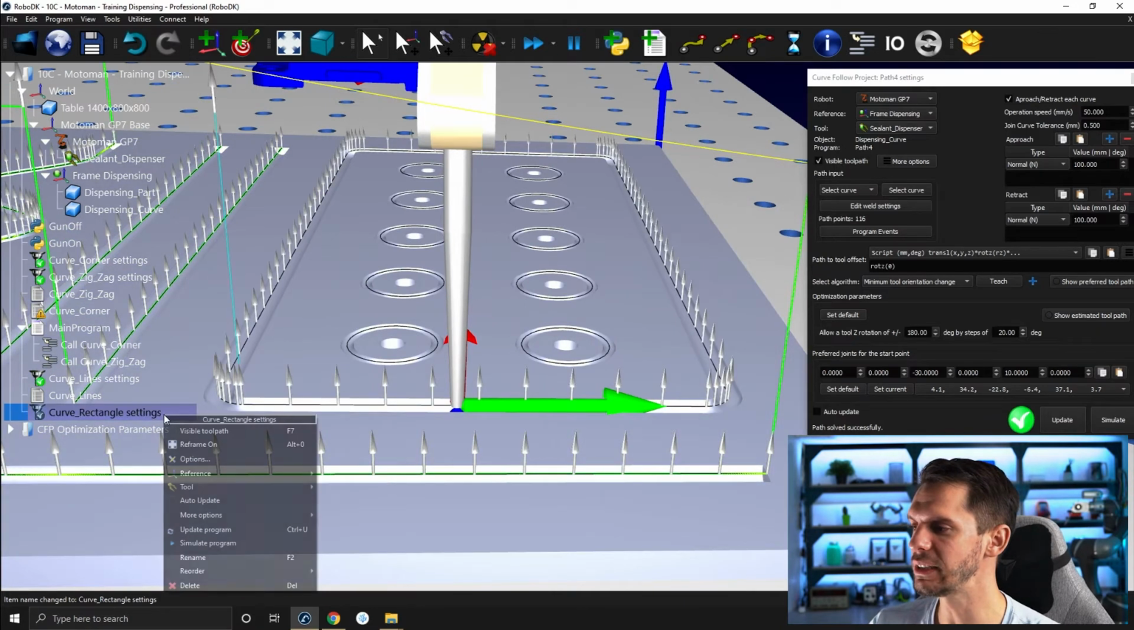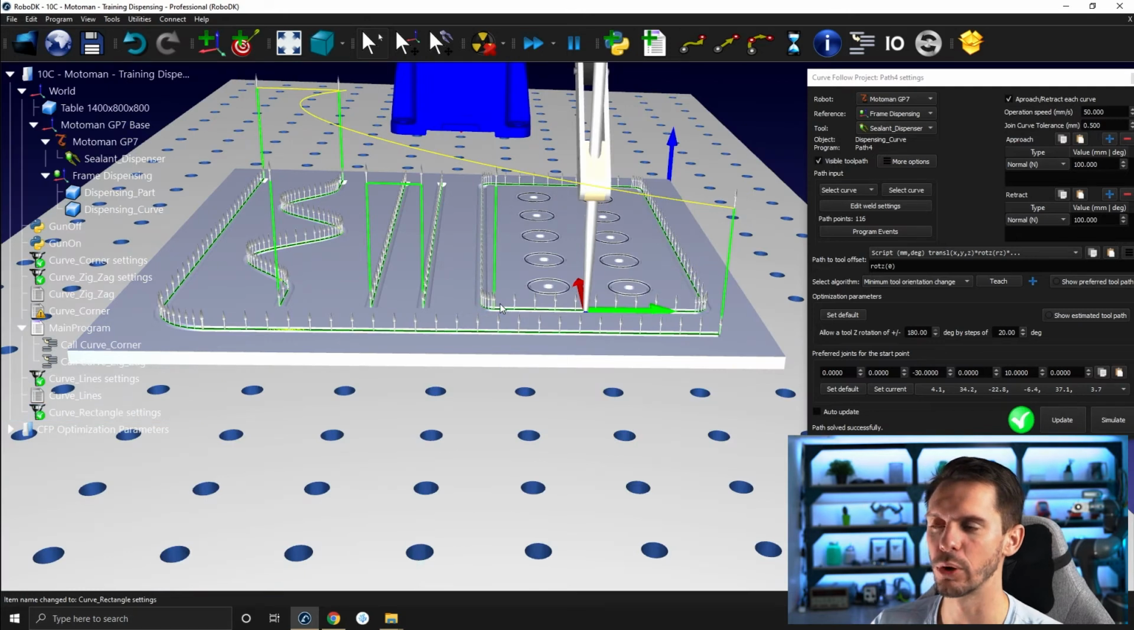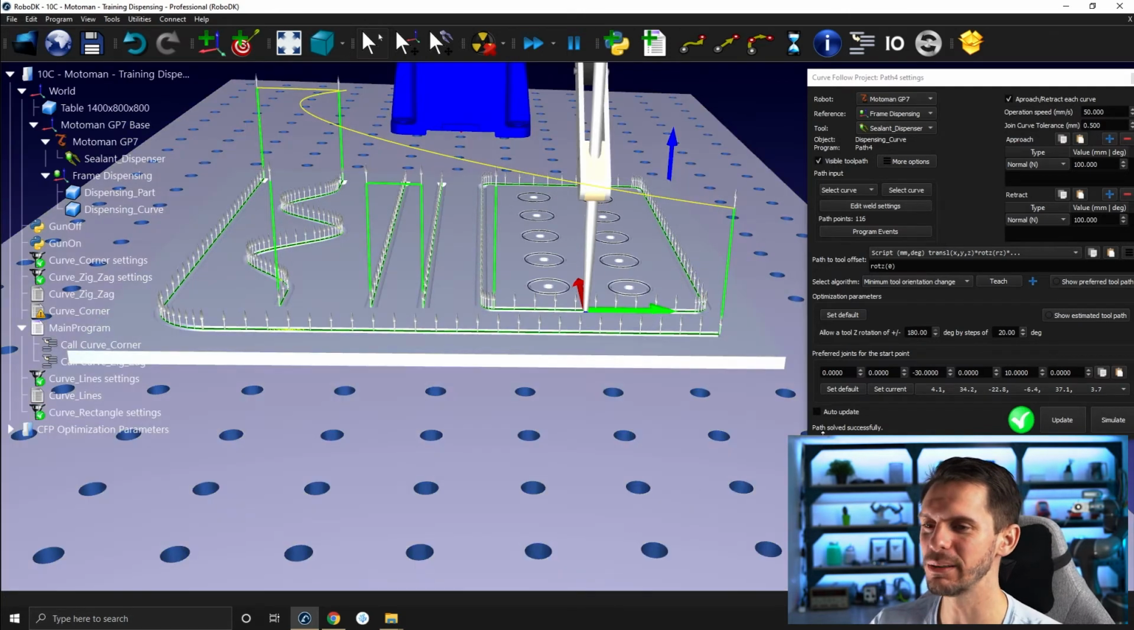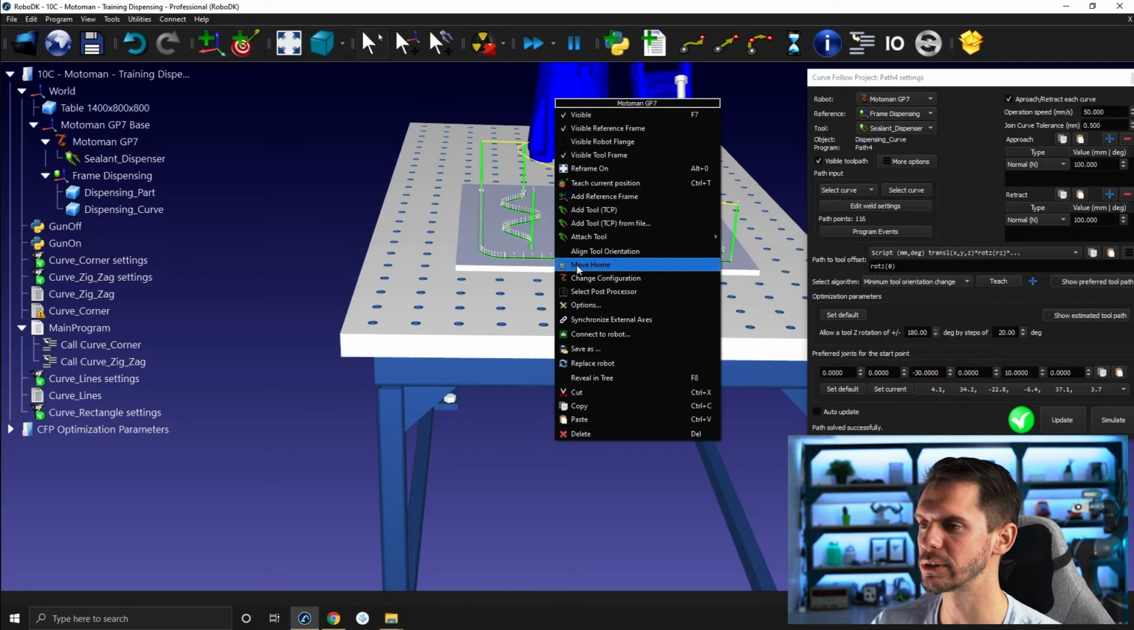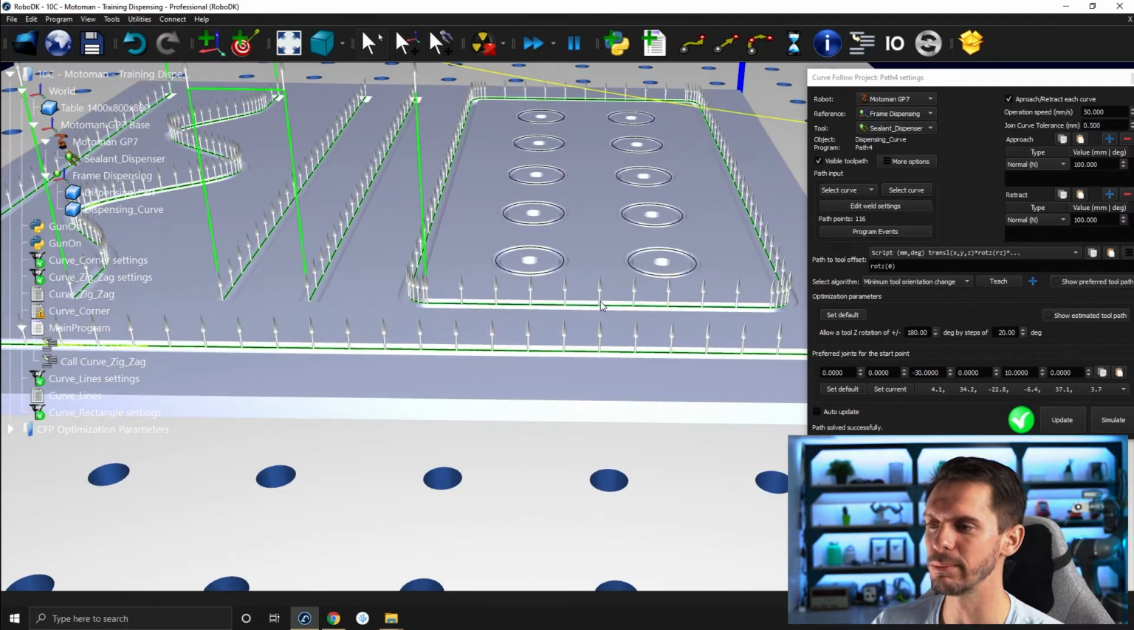I absolutely have to start from one end of those curves, so that can be a bit annoying. I'm going to bring the robot back to its own position. If you want to start from right in the middle here, you can